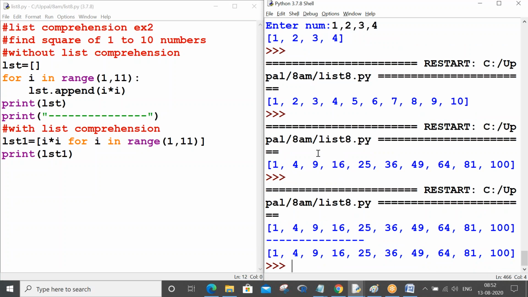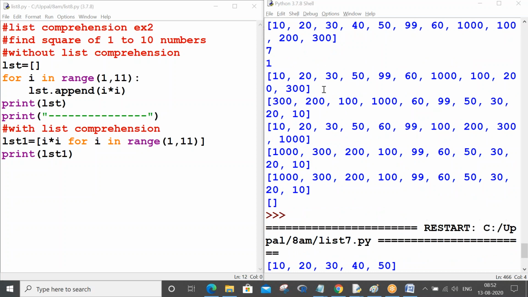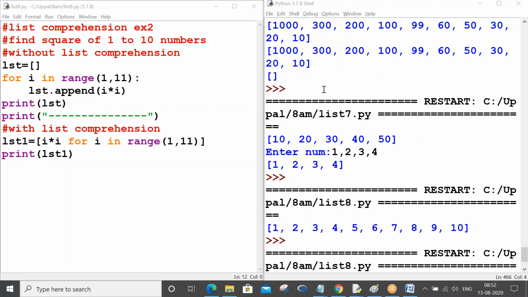Shall I proceed for the last program? Okay, this is what you can see. List 7 program, you can see the output. Let me complete the last program, and then for others who have not taken it, I'll keep it, because a few people want to leave, let them.